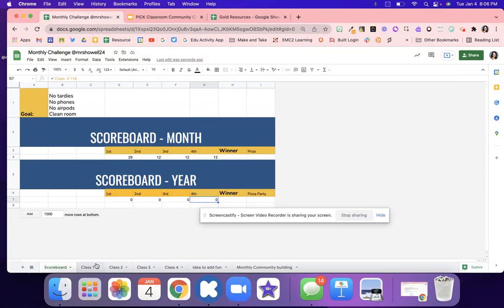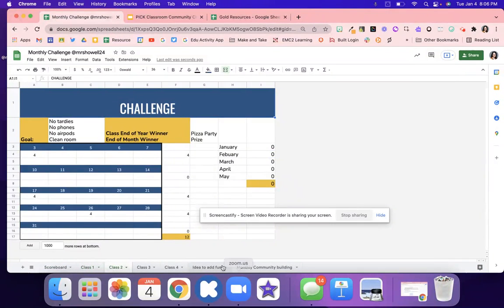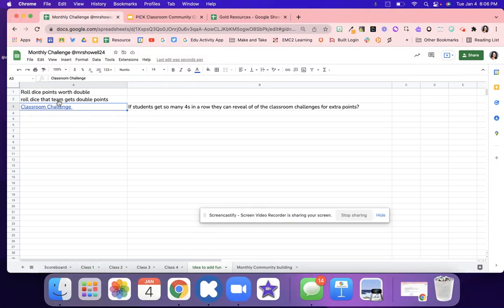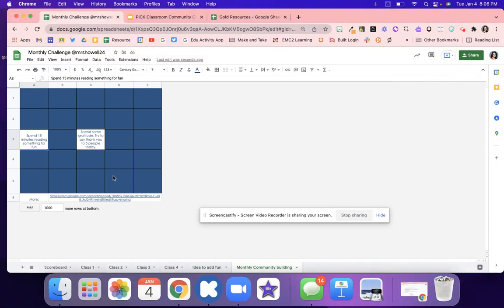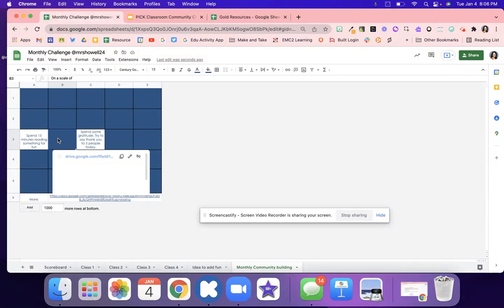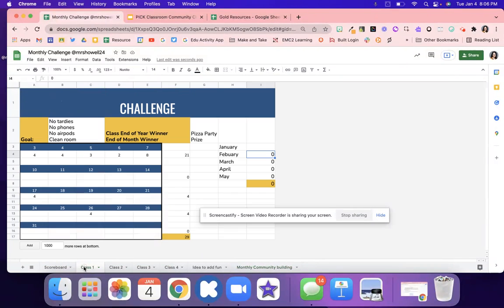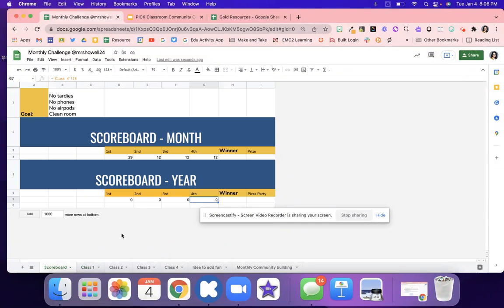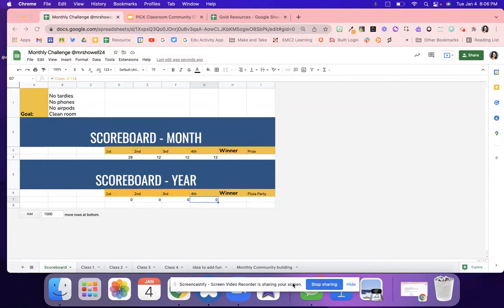But again, a fun challenge that you can have between classes, and you can up your game by doing maybe a classroom challenge. Maybe you want to do roll the dice. Maybe you want to do some of those other fun things. So again, students would pick, and then they would go from there. And if a student completes the challenge, they could get an extra point for their team. And building that classroom community can really help your students